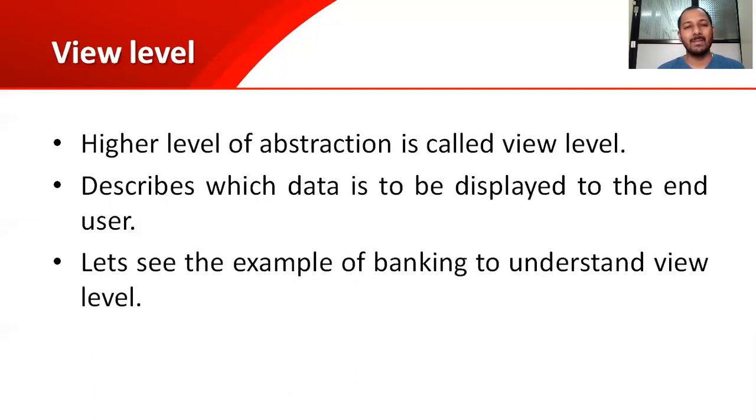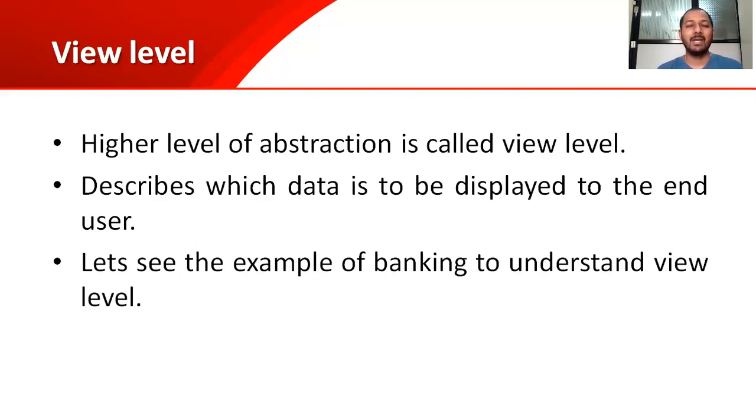Just take one more example. Let us see the example of a particular institute. Suppose a single department has 3 different classes: second year, third year, last year. Now, as a class coordinator, I want to see who are the students below 75% attendance. But at the same time, the CC of another class is not interested in checking who is below 75%. So the view for the CC of second year, CC of third year, CC of last year is different.